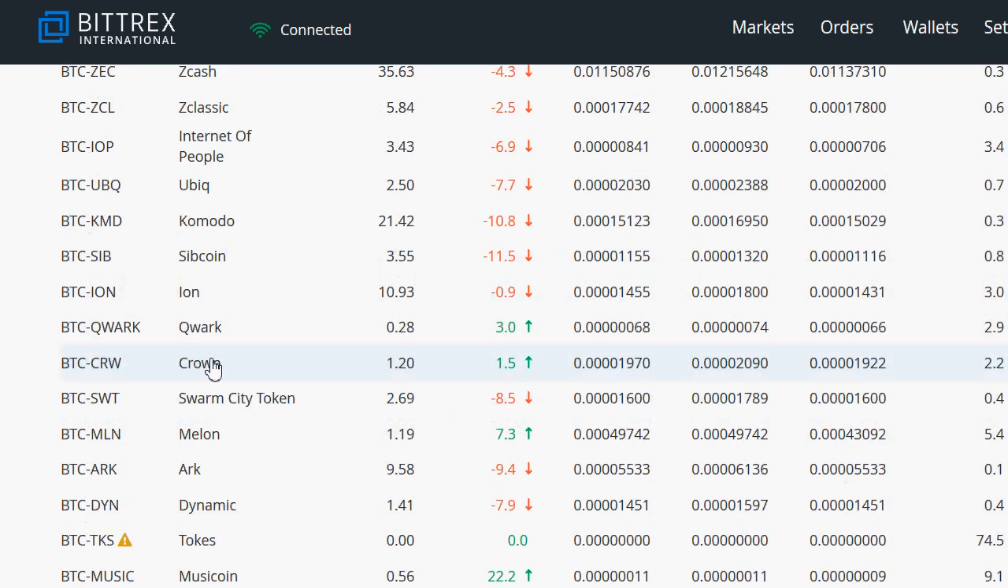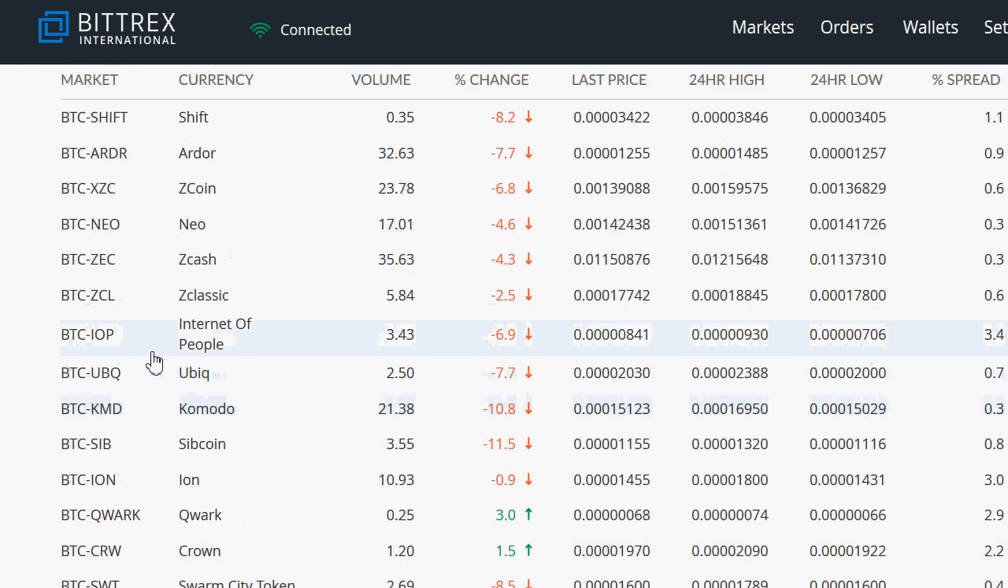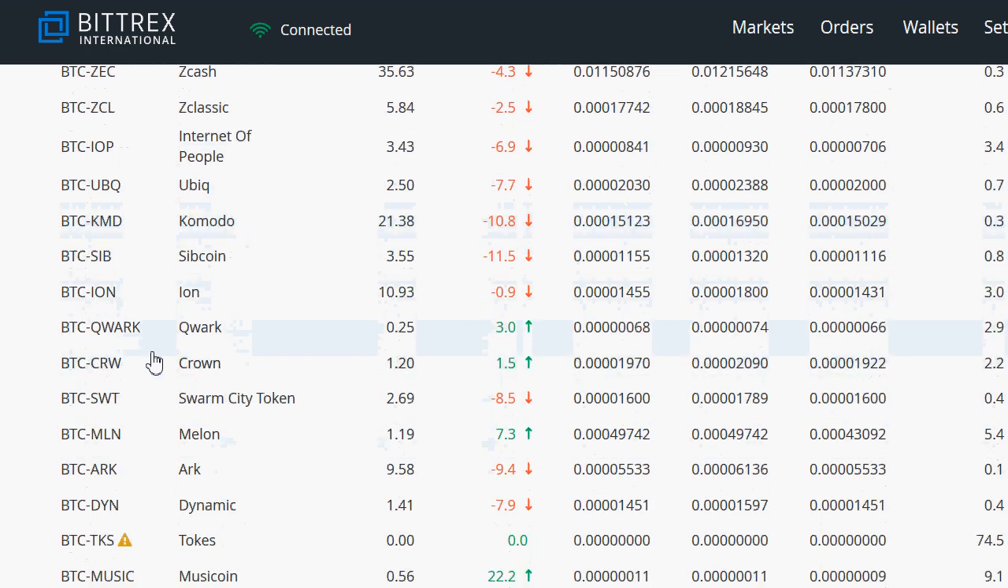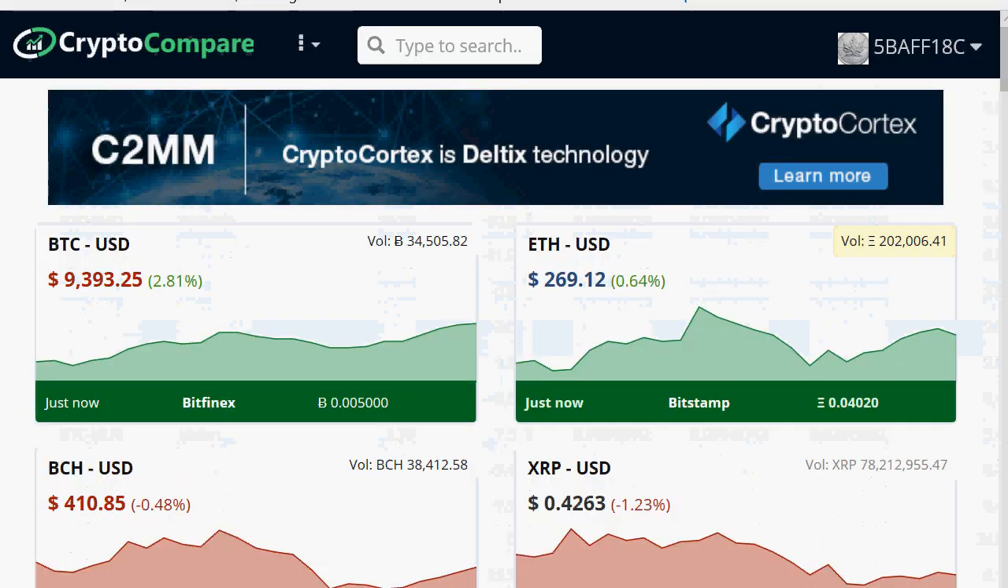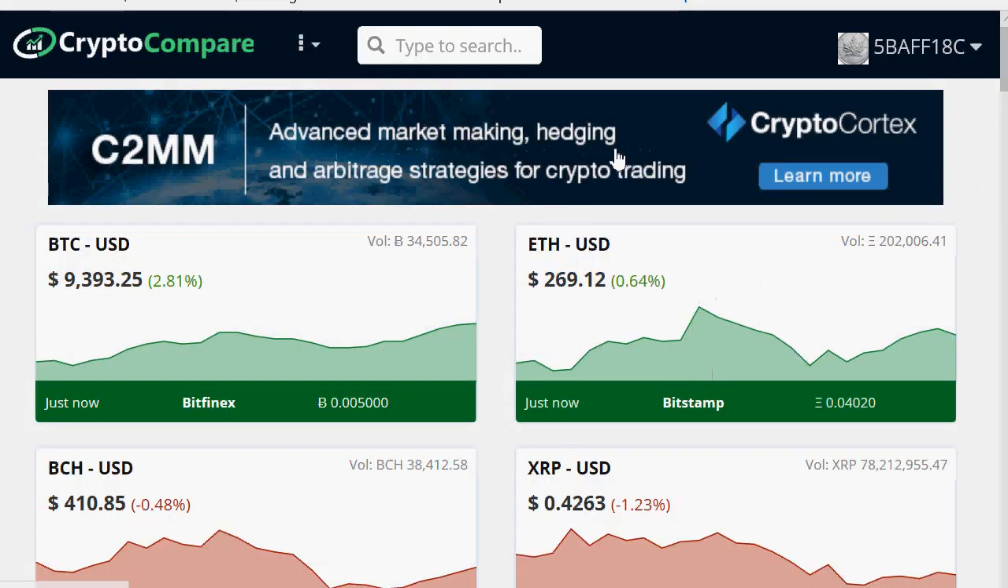Crown coin. Crown coin can be fun. CRW, okay. And Quark, they were out at the same time. No, not Quark. UBQ and CRW, and they were random. And I'm on Crypto Compare to get the data. So let's first put in